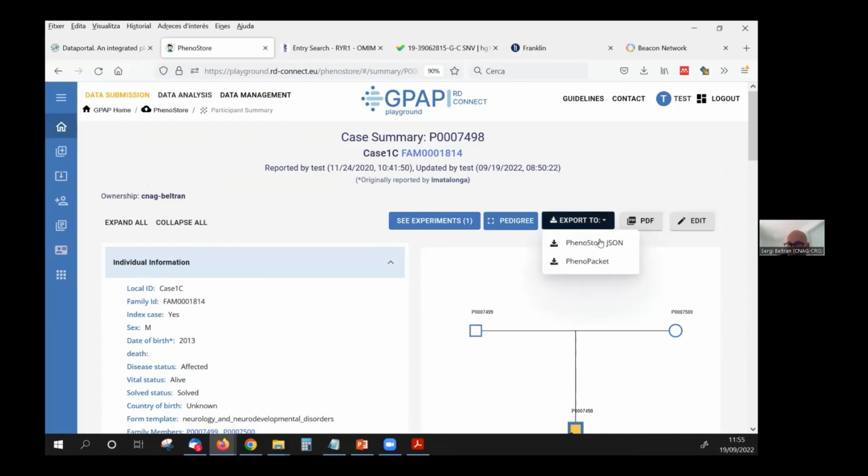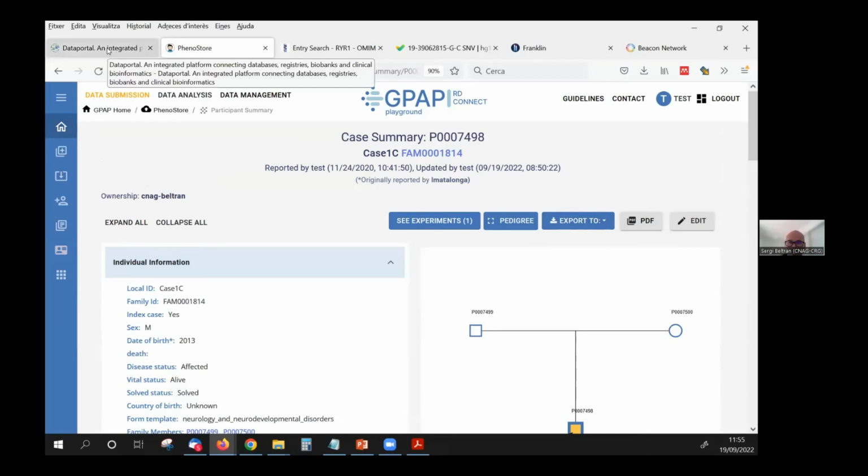And also you could export to a Phenopacket, as I mentioned before, or to a JSON file, export it as a PDF, and so on. So it is quite useful to transfer data and to have communications with your collaborators. So I think I will leave it here. I just gave a very shallow overview of what you can do with the system, and hopefully, if you are interested, you can go into the playground and explore a bit more yourself.